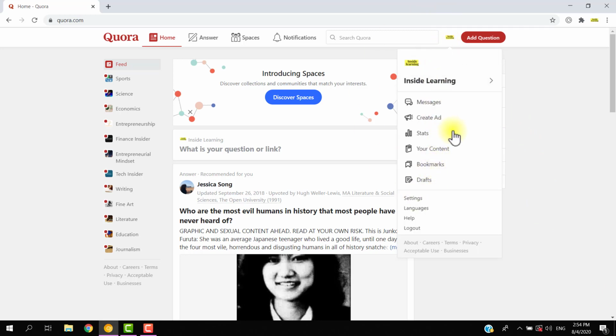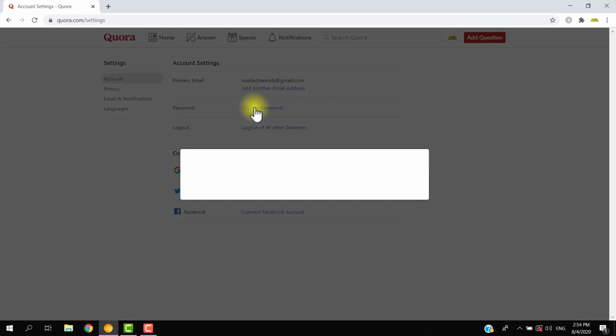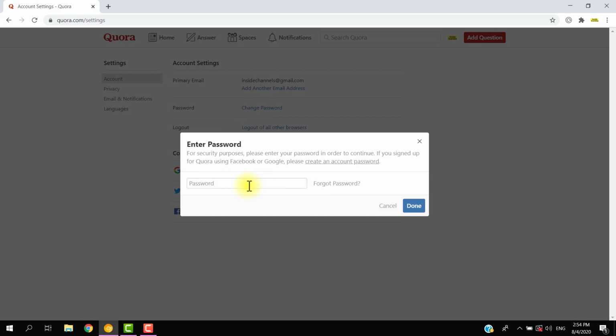Here, this is the account inside Learning, you guys see, and in this setting, you have to go to settings, and this was automatically created by Google. Here you see Google account. So if I disconnect, this account will be deleted. So if I want to change my password, I have to pick a password, and here you see I